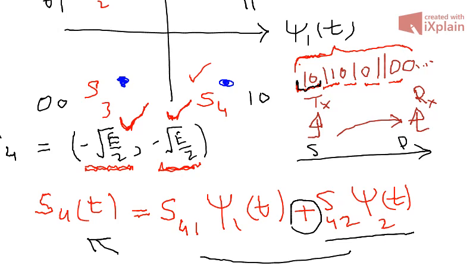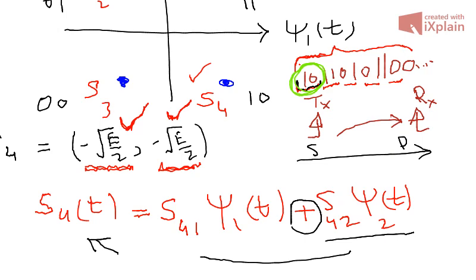S4 will be transmitted to successfully transmit this data. Successfully transmit 1 0. This is how the transmission would take place. So signal constellation